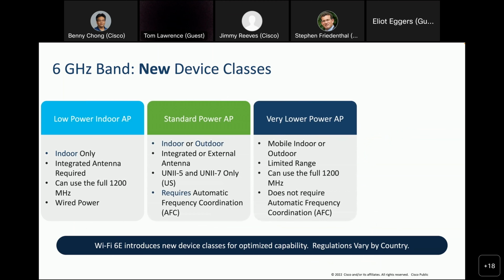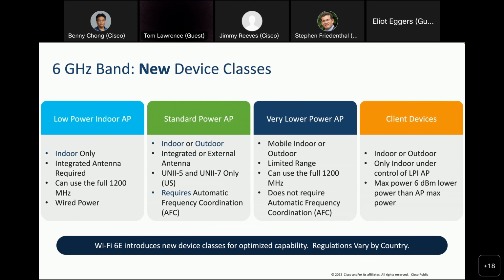Okay, so these are some classifications that the FCC have provided us. You're going to hear LPI, or low power indoor access points. That's what we at Cisco have available and they're ready to order. We're not allowed to go to standard power yet, and that's because in the US, as well as for the rest of the world actually, standard power is not allowed just yet because the 6 gigahertz